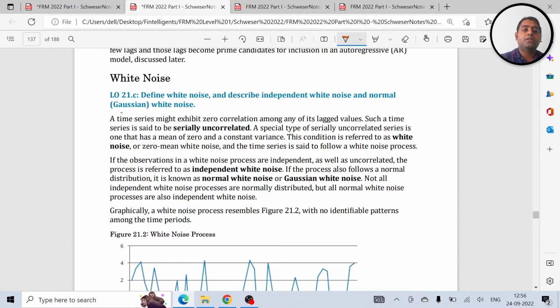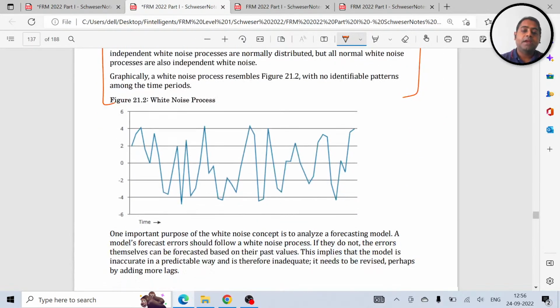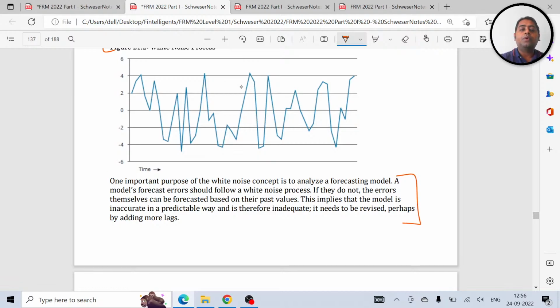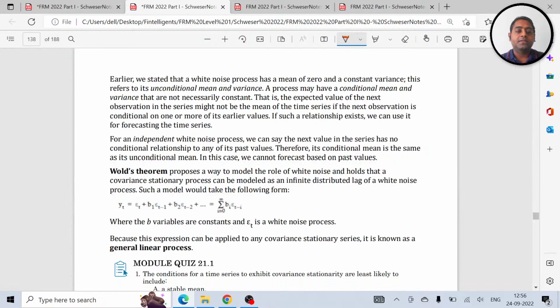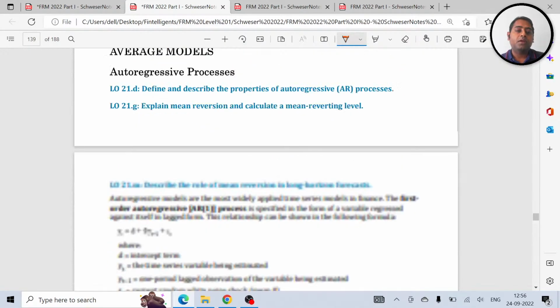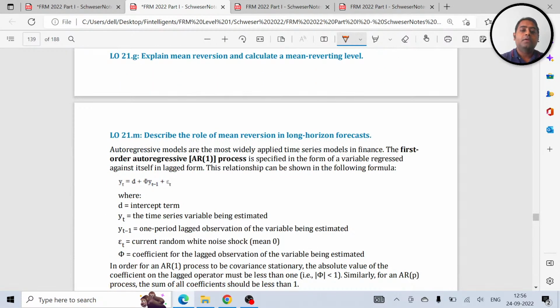Over here, the entire concept of white noise is important from the understanding perspective. And this paragraph, how you can connect it back to regression, the concept of white noise. This is important. Moving forward, AR1, marking it as star,